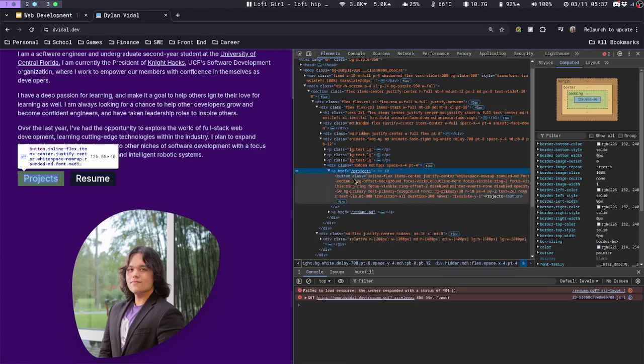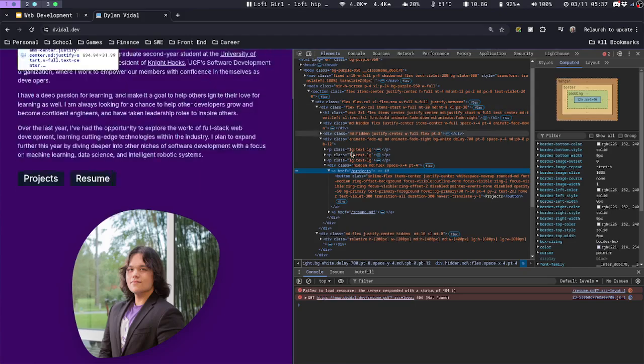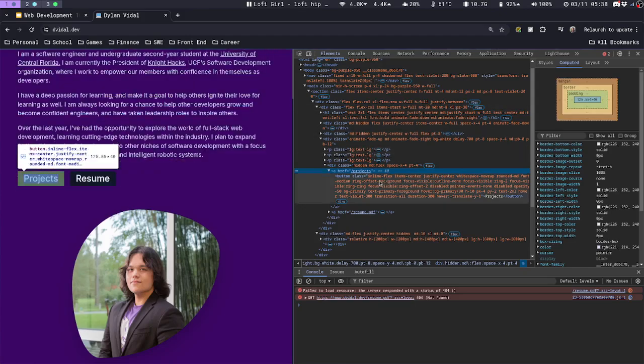So here, the actual content is the text. As you can see here, projects is the blue, because this is the center of my box model. This is the actual content. But if you look at this huge monstrosity of a class, you can see right here that I have padding x4 and padding y2. That's what those two Tailwind styles correspond to. And so what that is, it's the green. If I hover over it, you see the green around the text? They kind of look like the same color, right? So that's what padding is. And again, that's space within the element. Notice how it's the same color.